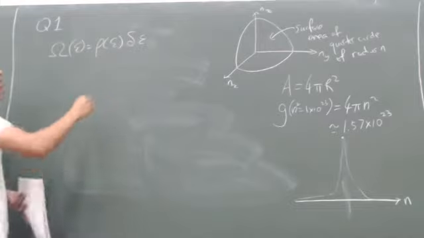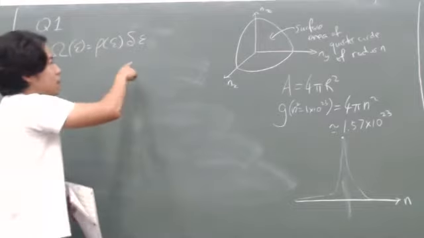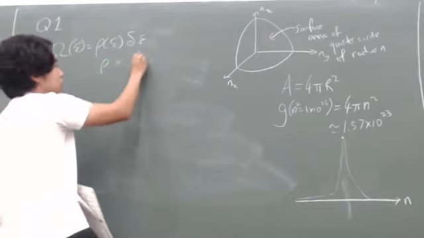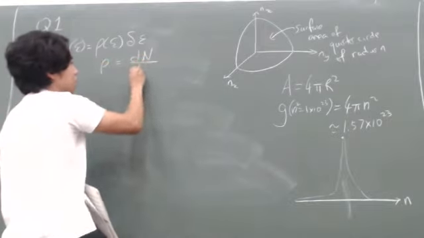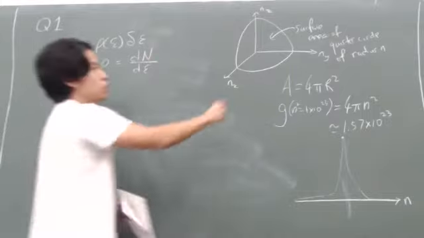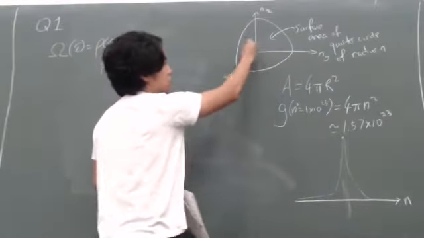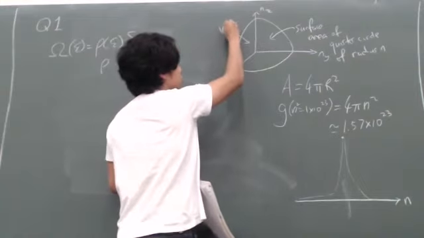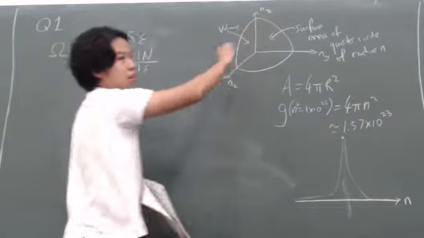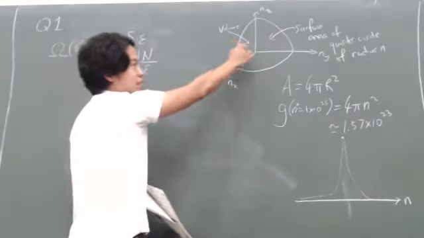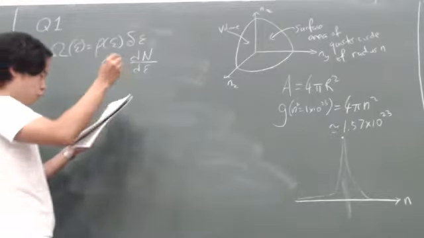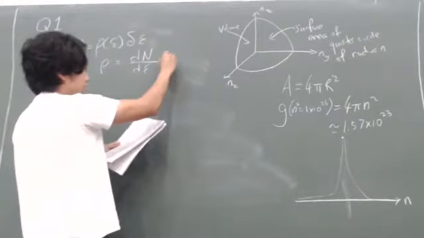So in this case, the density of states, where rho is defined as dN/d epsilon, where N is the total number of states that we have. So the total number of states is, rather than surface area, the volume. So the volume enclosed by some maximum energy level is going to be the total number of states allowed within those energies. So the rho in this case can be written as